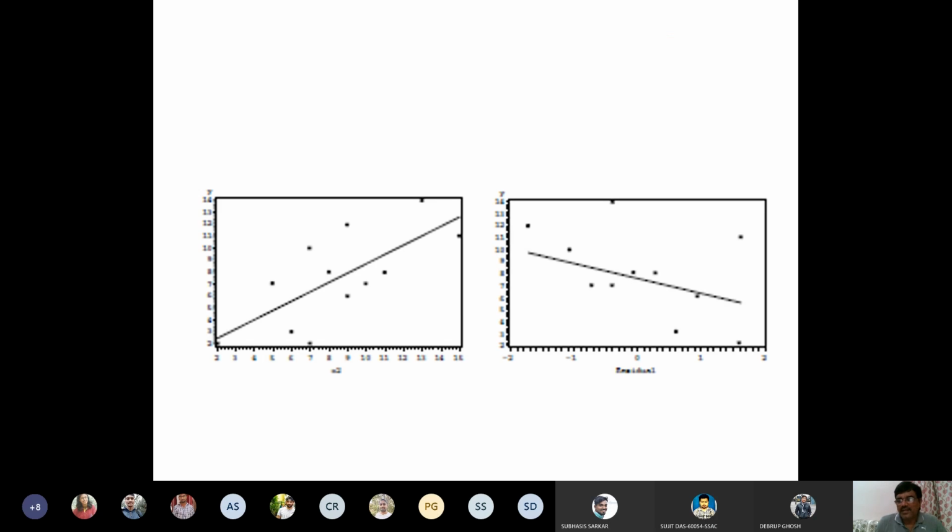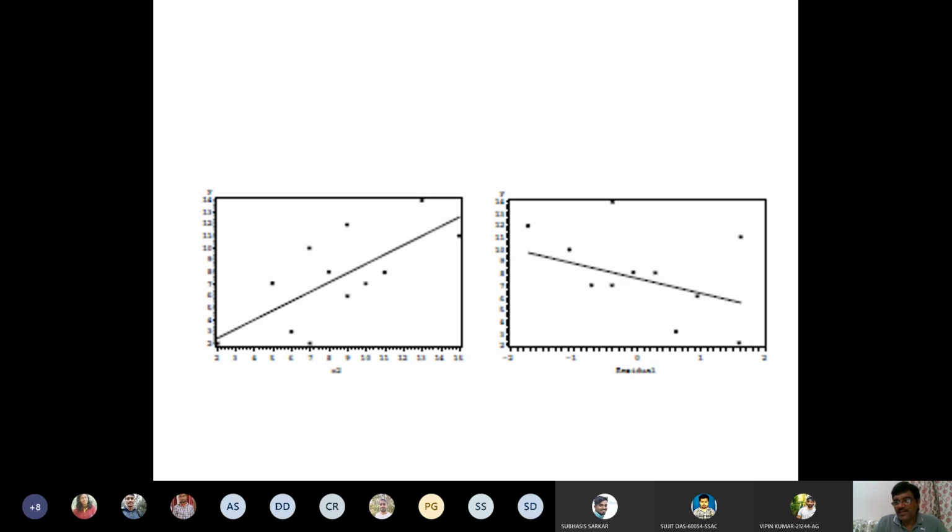So you can see correlation can be of different kinds. One kind is positive correlation. On the left side, you can see positive correlation. When the value of x is increasing on the x-axis, so is the value of y. Both variables are increasing, so this is a positive correlation. And when both variables are decreasing, then also you will have positive correlation.